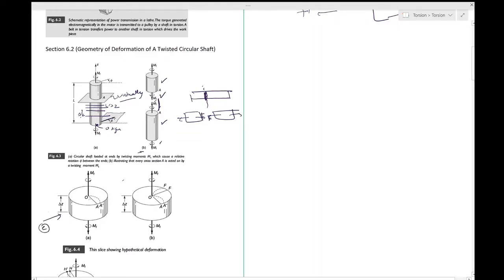So this is my eye and I see it like this. I hope you know how to see this. You must have learned it in your first year. It's called a front view. If this diameter is d, you would see this as d and this would